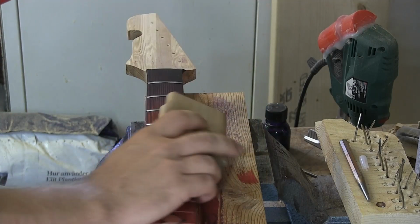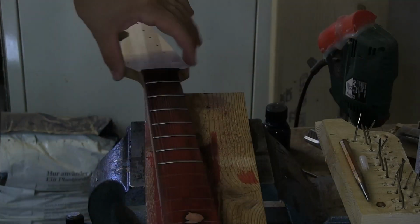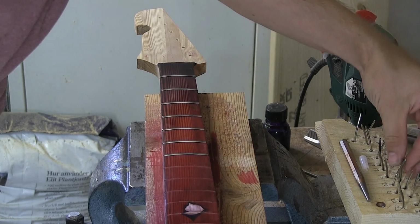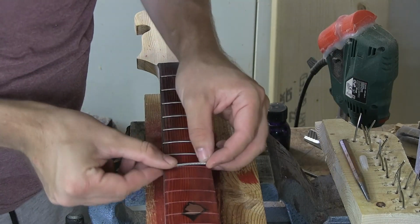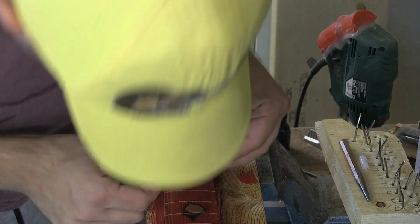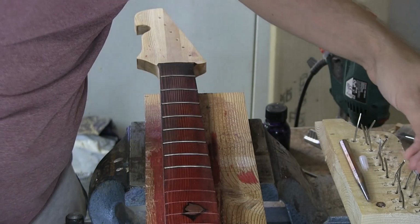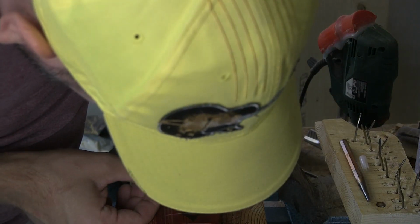As we're getting closer, the frets are tighter and tighter. That looks really nice. So when we get down to it, we'll eventually have frets that are really nice. And the thing that's nice about this as well is that I'll be able to,